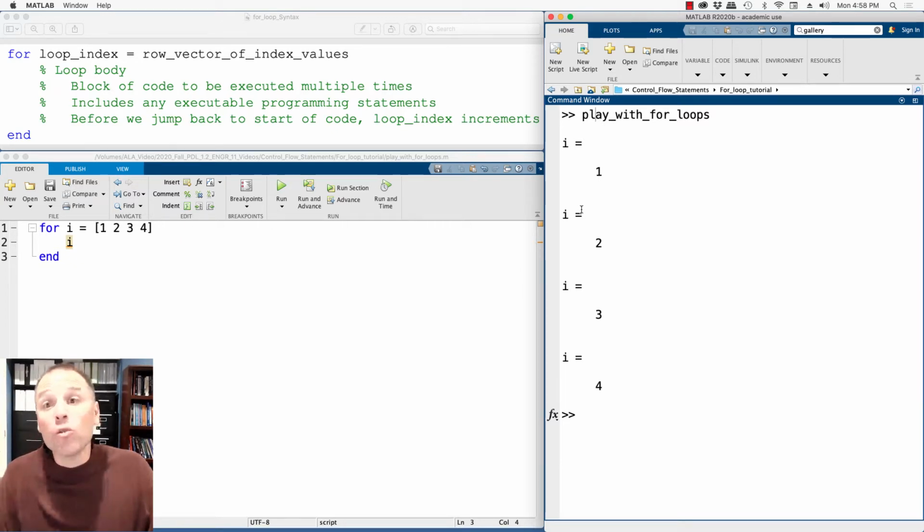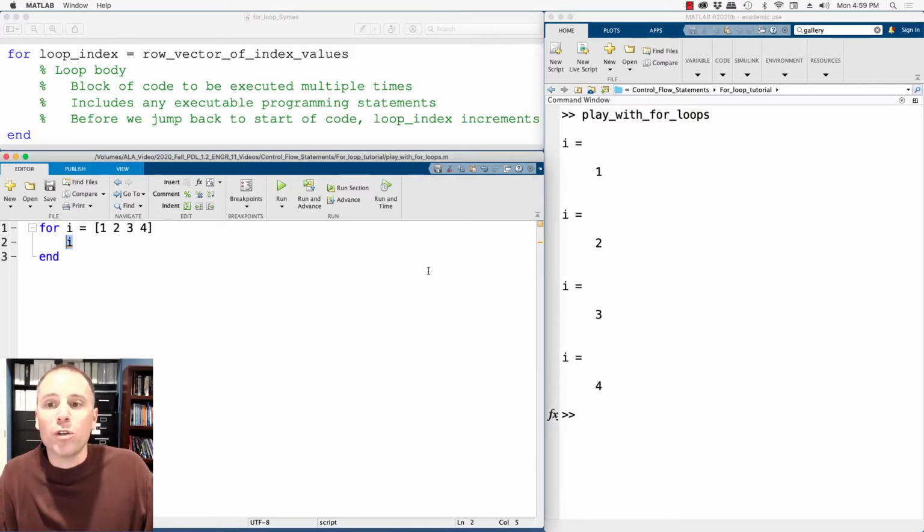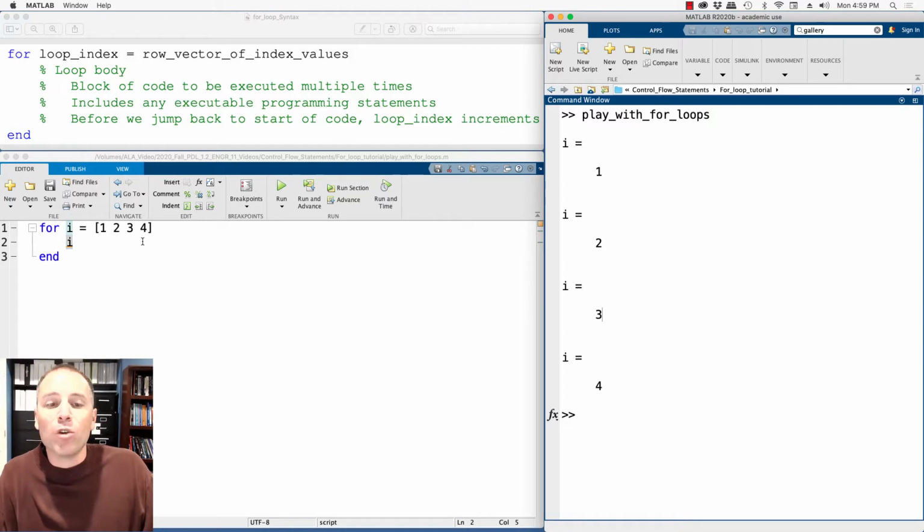Then MATLAB runs through the second iteration where the index variable moved from the value of 1 to the value of 2. MATLAB ran a third iteration of this code, which just displays the value of i by updating the index to the third entry in that vector. And finally, MATLAB runs through the last iteration of this loop and displays the final entry value in the row vector that I've defined.